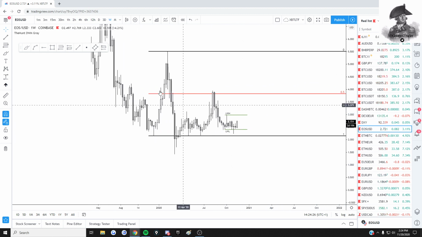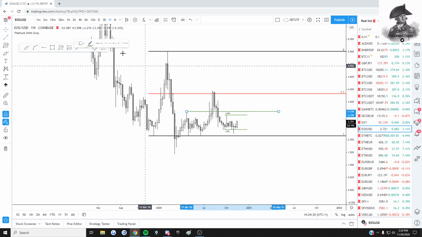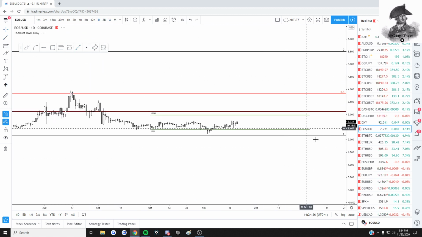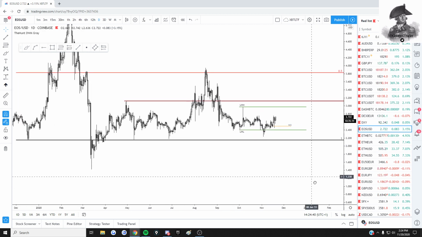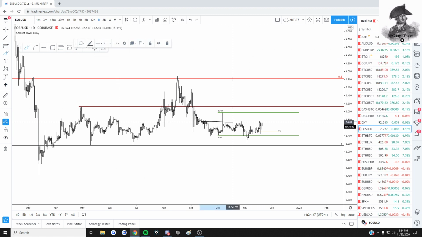Nothing much to add right here. Maybe mark out this key level. That's gonna be a key pivot as well. Okay, right, zooming in on the daily. So we can see that we have been consolidating within here. Okay,